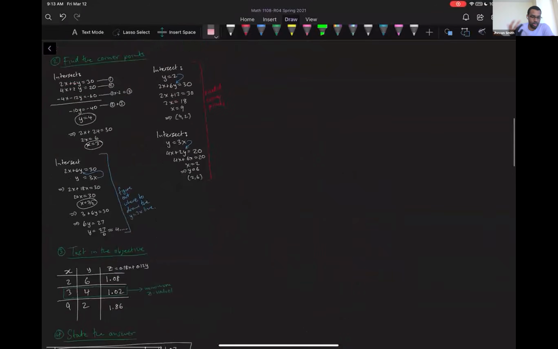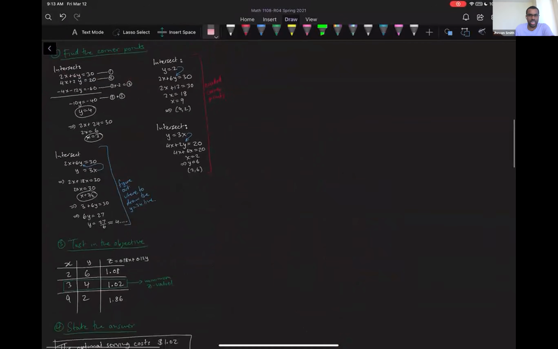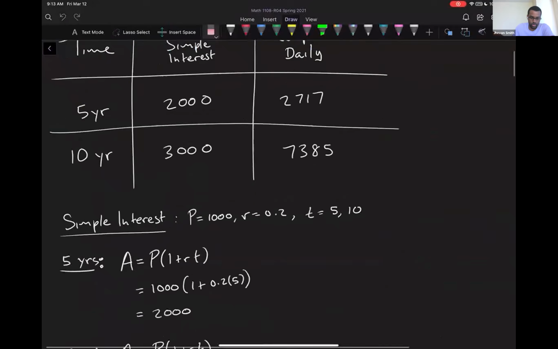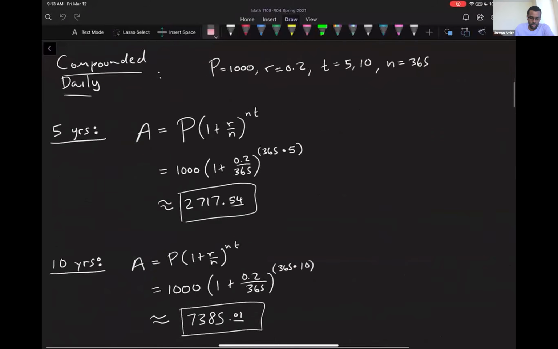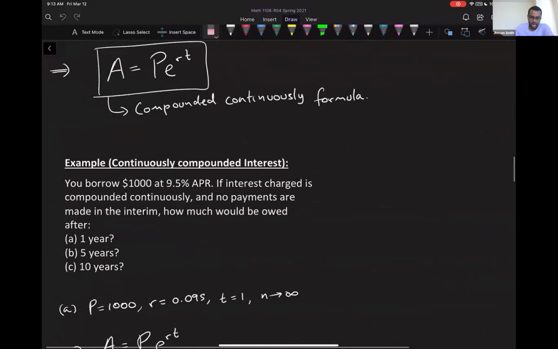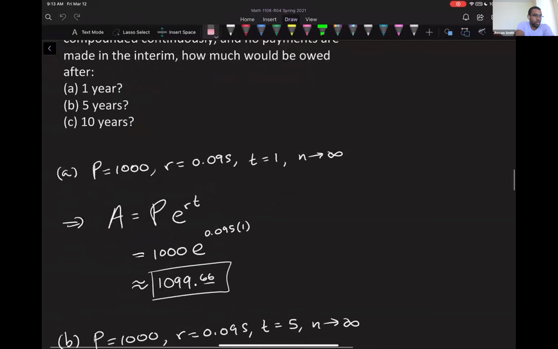So you'll notice in any of our examples, I never just tell you the answer. I always write it out. Even back when we were doing simple interest, I would write out, well, these are all